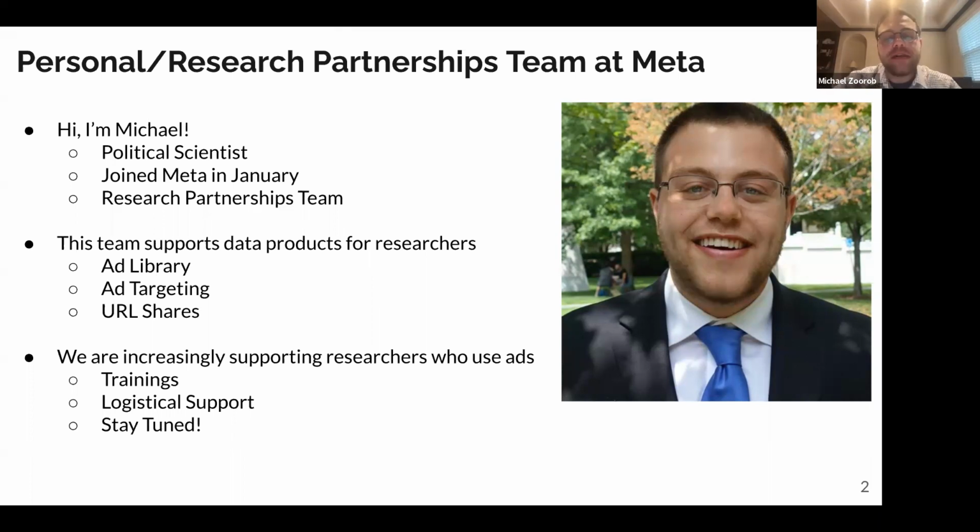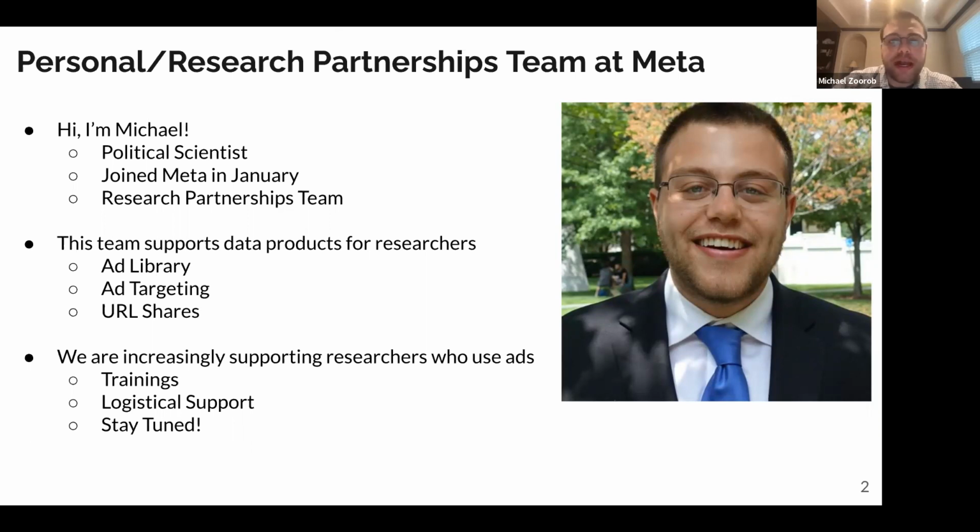But our team is increasingly supporting researchers who use ads, in part because of a simple sizing exercise that I'll describe in a moment: there's a huge community of researchers using the actual advertising products that Meta sells, not intended for academics but intended for all kinds of advertisers, but that have a lot of capabilities that have been super helpful for academics trying to reach audiences that are otherwise too expensive or just impossible to reach. And so we're starting to do trainings like this one, and I'll describe another one in a moment.